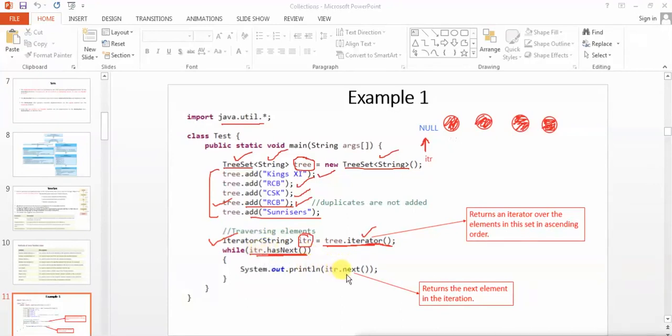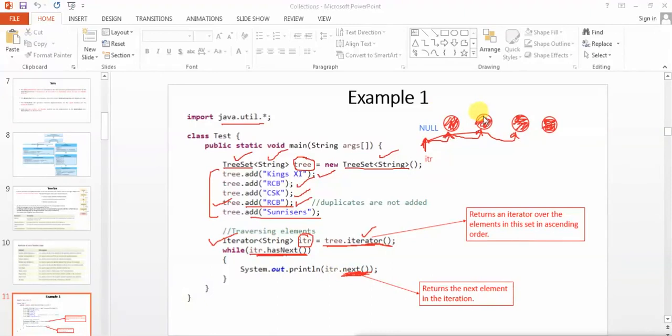Then when I say itr.next, this next will point the iterator pointer to the first element now. Okay, so when I say next, the pointer moves to the next object. When the while loop goes again, does itr have a next element to be read? Yes. Then this iterator pointer goes to the next element. After that, in the next loop, it goes to the next element, and so on. So iterator just behaves like a pointer. Whenever I say next, only then will it point to the next element.